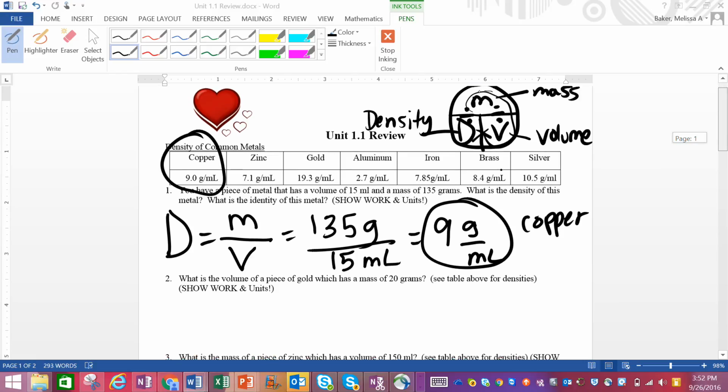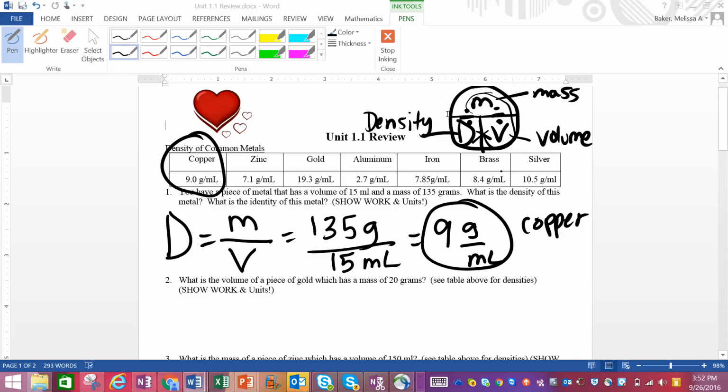Number 2, what is the volume of a piece of gold that weighs 20 grams? Well, for every 19.3 grams of gold, it takes up 1 milliliter of space. So since I have a little bit more than 19.3 grams, I'm going to take up a little bit more than 1 milliliter. In order to calculate volume, you need to do mass divided by density. If I cover up the V, what's left is M divided by D. So that's 20 grams divided by